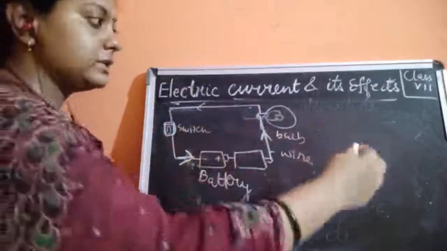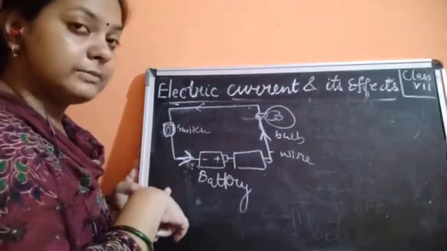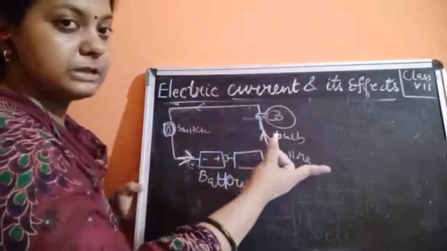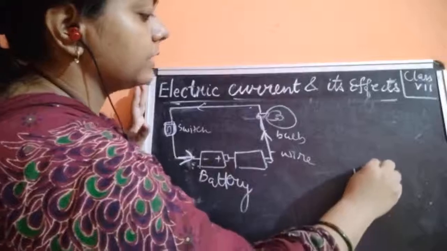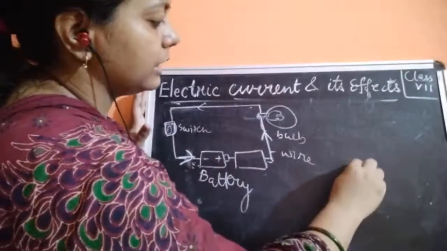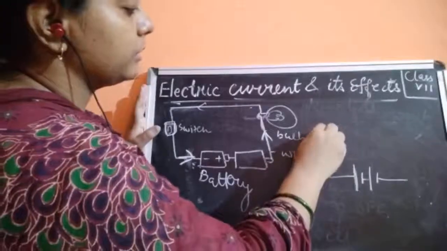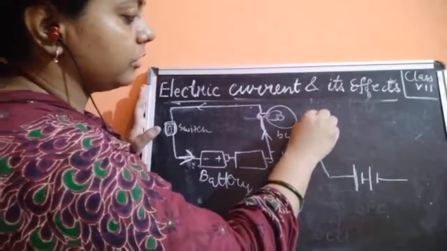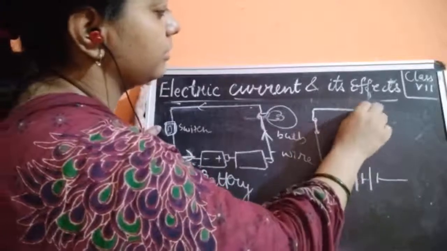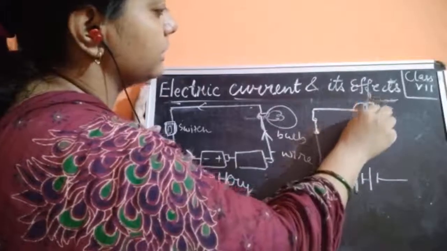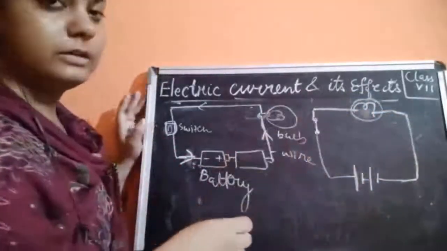Fine. Next you need to draw the symbols. I have told you how to draw the diagrams of the symbols, and now I'm using those symbols in the circuit diagram. How can you draw that? You simply draw the big line and a small line, big line and a small line. Then you will draw the wire, a switch. A single dot could be drawn or double dot, then a wire or a bulb. So you could draw the bulb like this, and you simply draw this way.